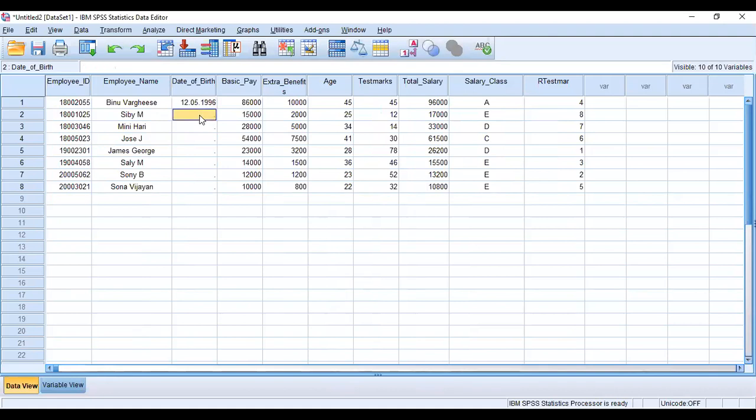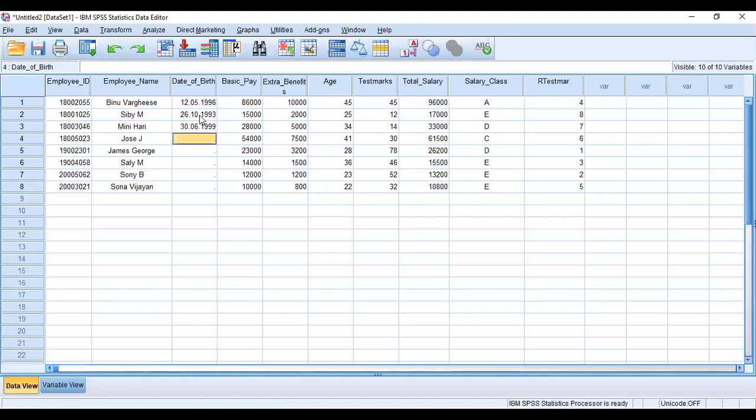See, you can just type it like 26.10.1993. Add dot. Okay. Then 3.6.1999.